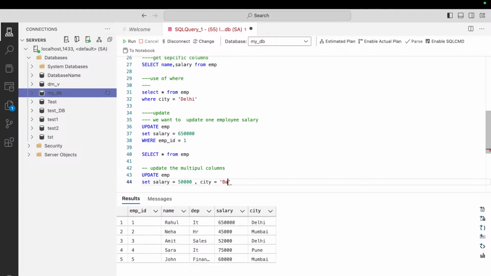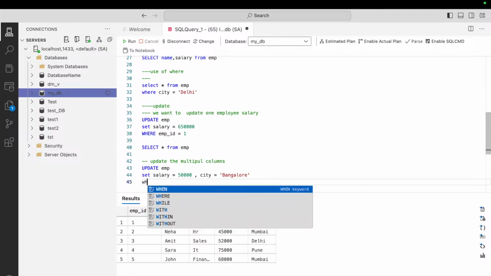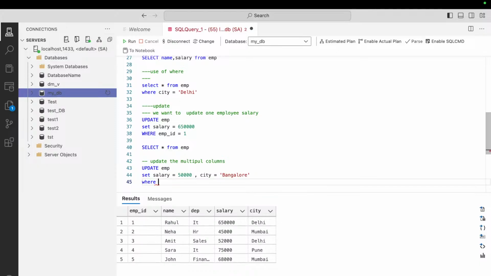So make sure whenever you enter any string value, enter it in single quotes, right? So Bangalore, and for which employee, where employee ID equal to